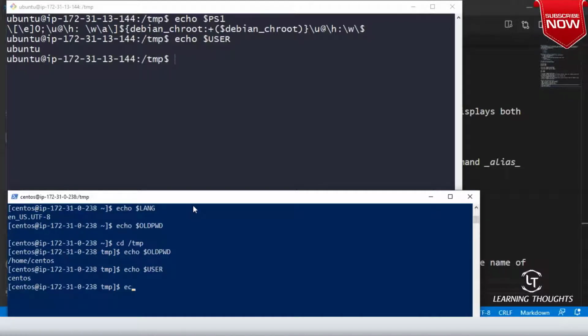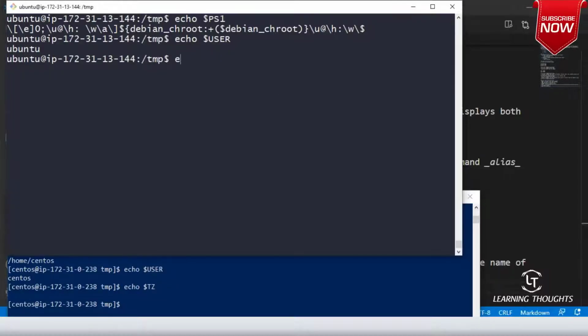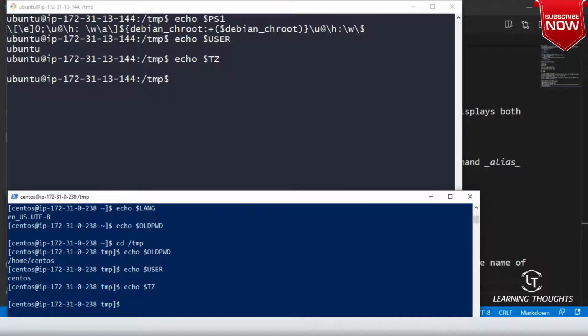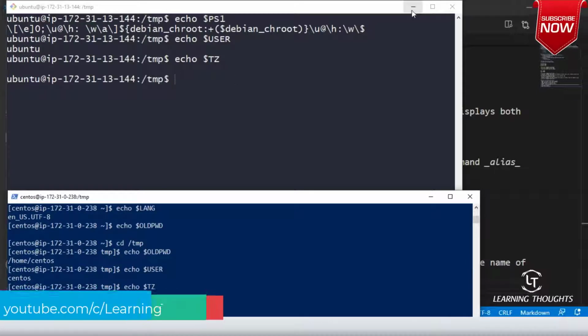Similarly, there is one more thing, echo $TZ. It might not be present in all the operating systems. Let me see if it is present in Ubuntu. Okay, no, right. It might not be present in all the distributions, but it will tell you what your time zone is. This is all good, right?